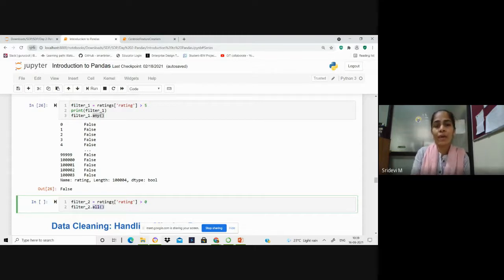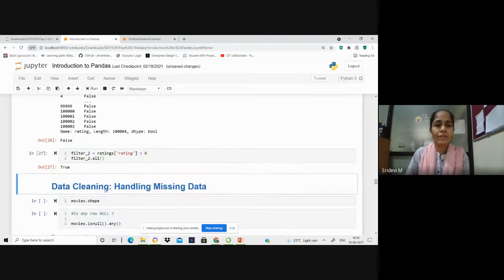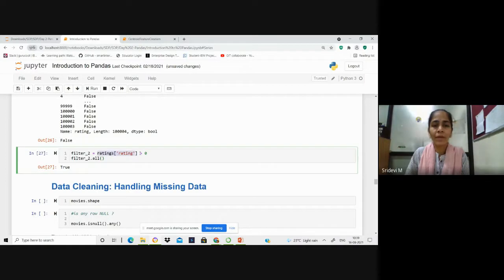If any of the values is false, then it gives false. Why we wanted this is, if all the values are greater than 0, it will give us true, which indicates that there are no negative ratings given. When you execute this, you can see that when this filter is applied on the ratings column, all the values are greater than 0, which indicates true.